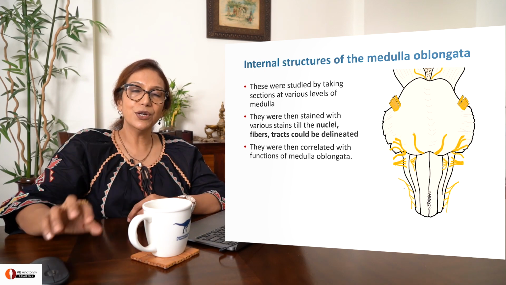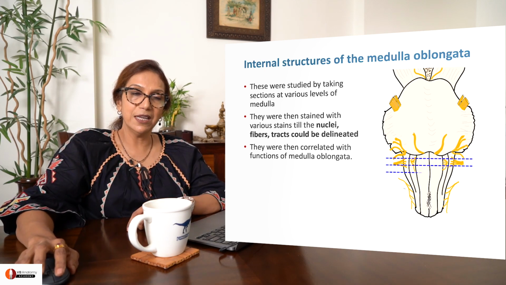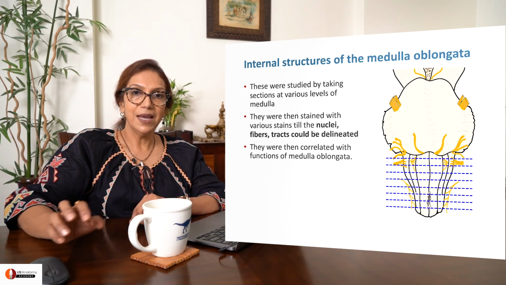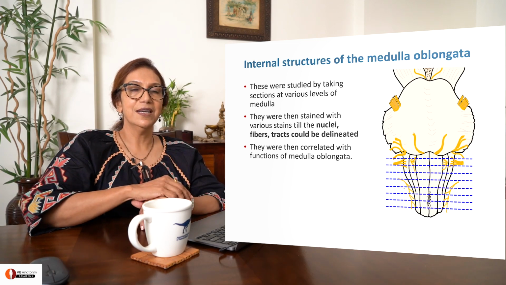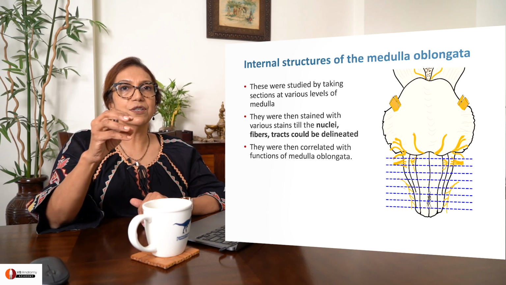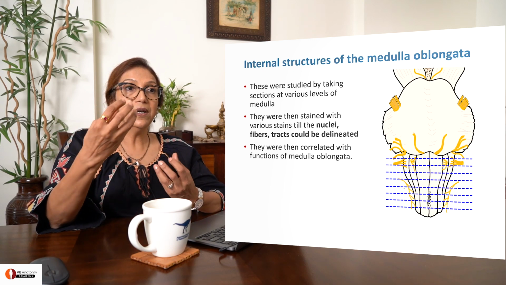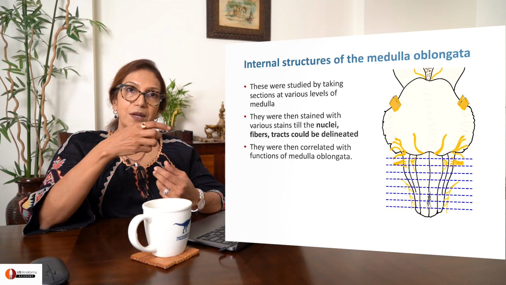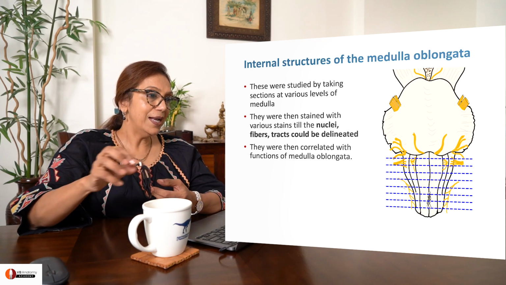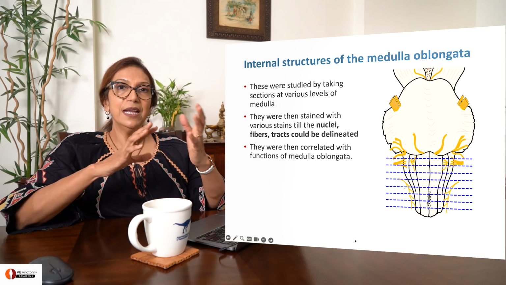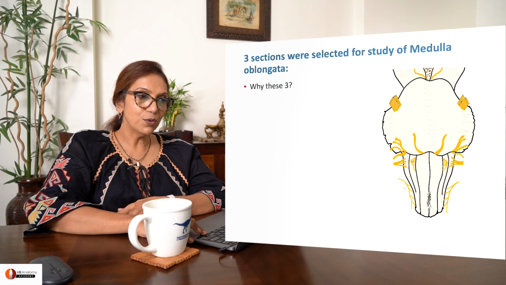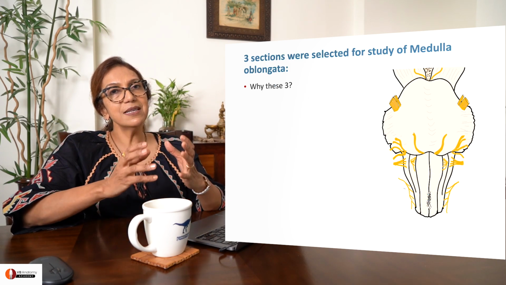So what was actually done was the medulla was taken and sliced. Fine slices were made. Each slice was then stained, and individual structures were delineated: which are nuclei, which are tracts, what are fibers, and so on. Until they were then correlated with the functioning of the medulla oblongata, and then it was decided that to understand medulla